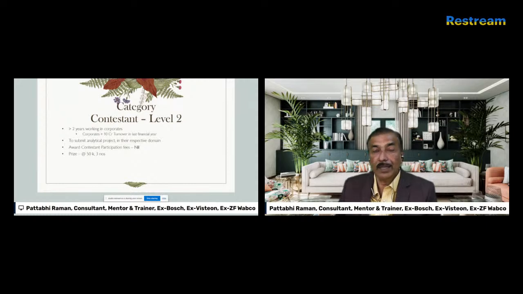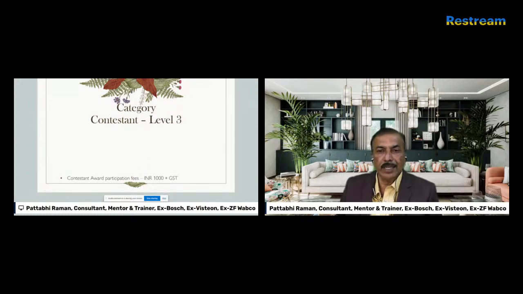We are going to have three prizes in this category, each up to 50,000 rupees. Of course, we need proof of experience certificate, and the title of the award could be Analytics Expert. Okay, the earlier one, level one, was Analytics Leader for those who have 10 years and more experience in the respective